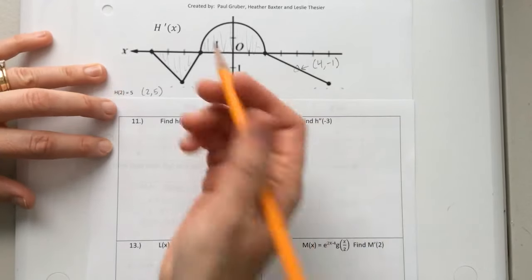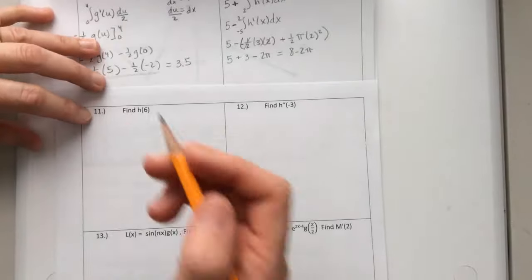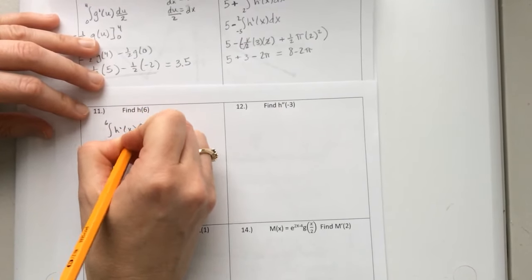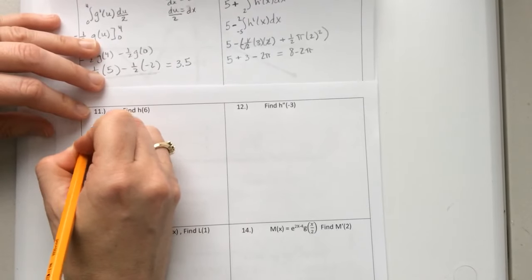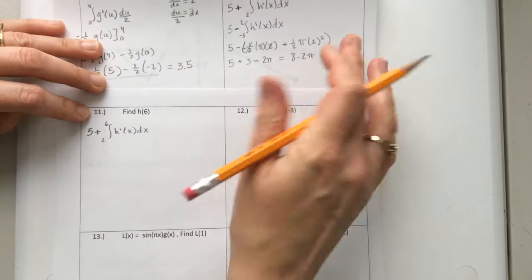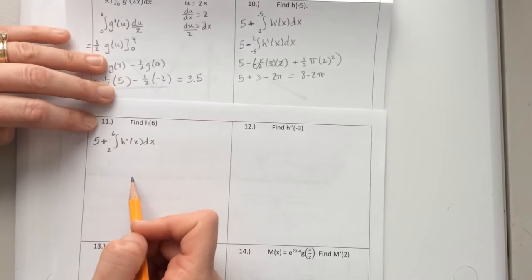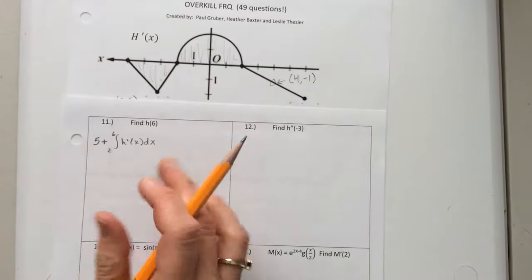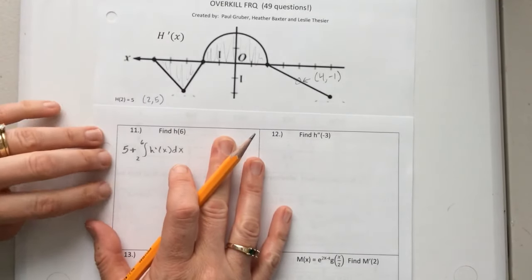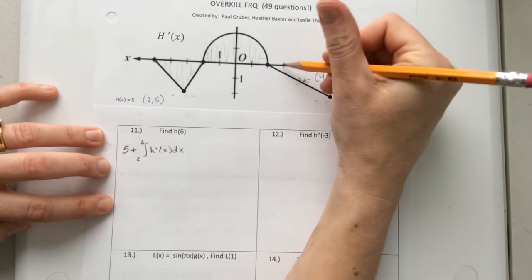All right, so h prime of 6 is going to be very, very similar to what we just did in number 10. We need h prime of 6, which means we need a 6 in our integral, and we still have to start at 2 because that's the point we know. Could we start at this -5 value that we just found? Sure, but if you messed up here, then this ends up being wrong. So it's always safer to go back and use the point that we know for sure, which would be 2, 5. So I need the area from 2 to 6, which is